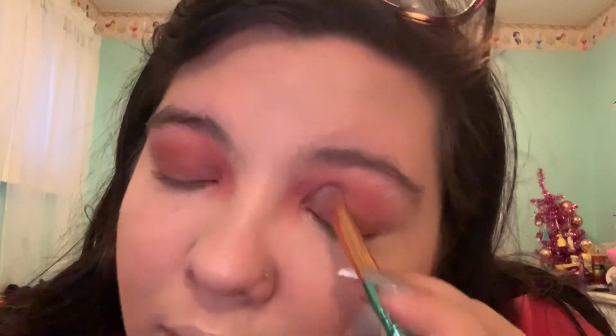It's just a super light pink. So I'm just going to dip into that shade Cozy Cashmere and just pack that on. And then I'm dipping into mint pink and doing the same thing, just putting that on top. I really like that. It's just super red, super matte. I love matte. And then I'm going to take